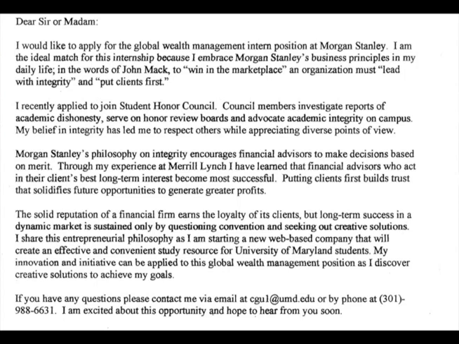In the 3 body paragraphs, he develops each of these ideas. So he's starting with integrity in general. He talks about the fact that he recently applied to join the Student Honor Council. Sometimes during class discussions, students question how helpful that is because he has yet to be accepted for that part. I think just to show that he values integrity and would like to be a part of that process,